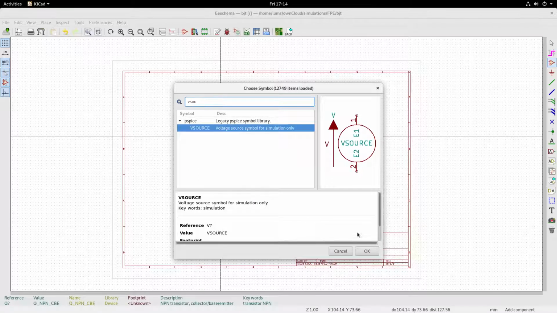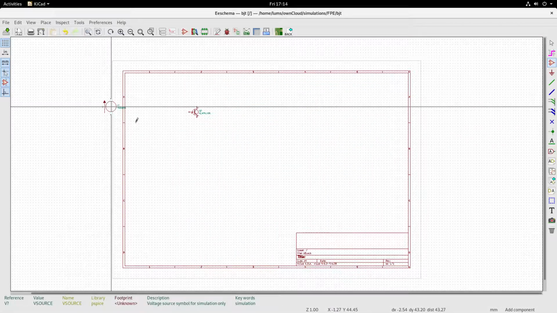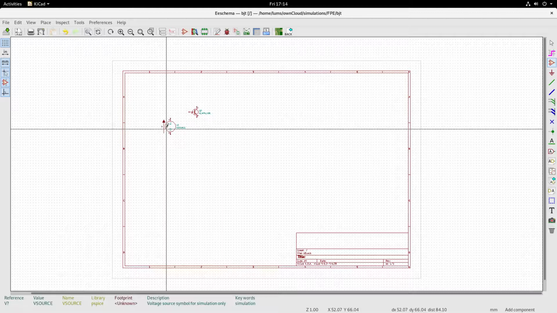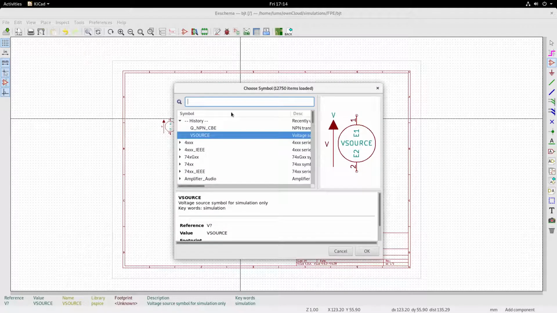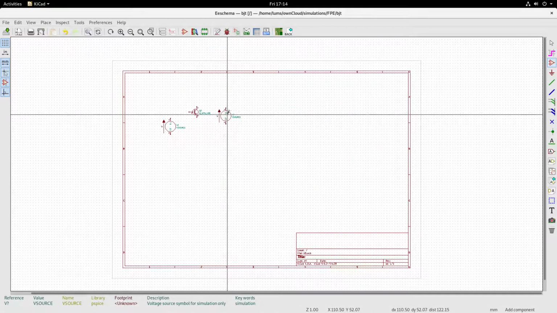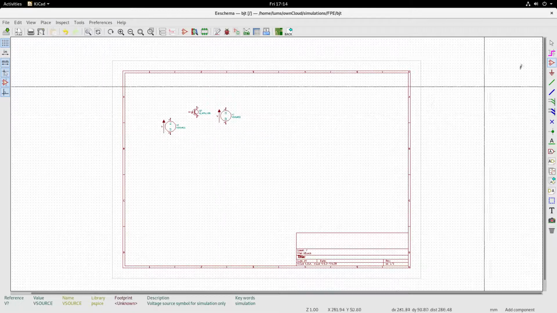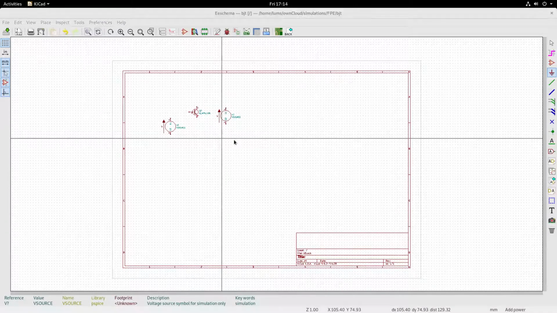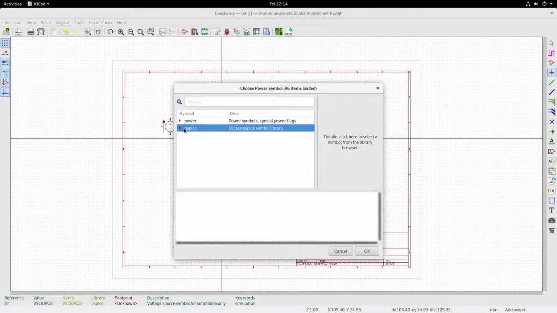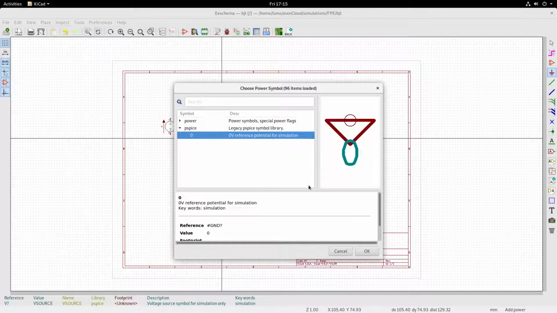So let us pick voltage source, and I'll place one near the base, and I will need one more near the collector. And then I also need the grounds for spice.